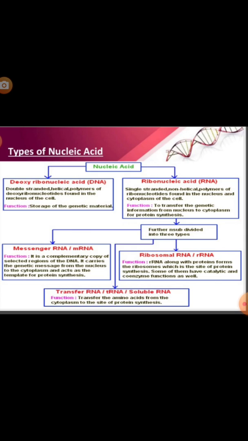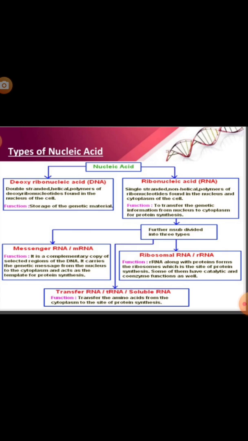Function: to transfer the genetic information from the nucleus to the cytoplasm for protein synthesis. The main function of the RNA is to transfer genetic information from the nucleus to the cytoplasm for the further translation process, which leads to the synthesis of proteins within the cytoplasm. Further, on the basis of this, RNA is divided into three types: mRNA, that is messenger RNA, rRNA, that is ribosomal RNA, and tRNA, that is transfer